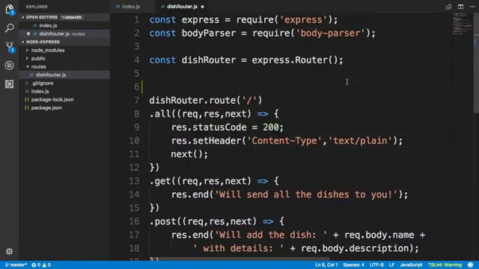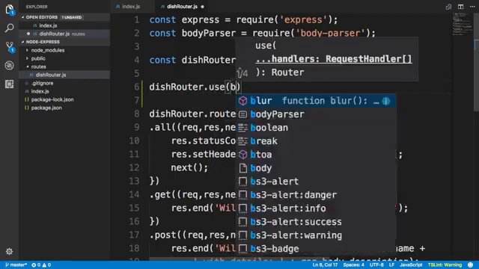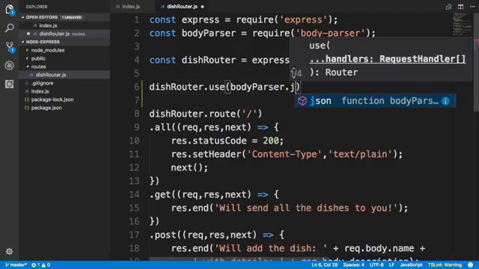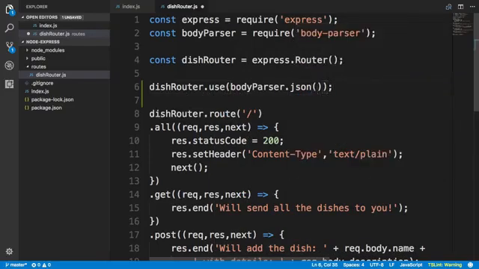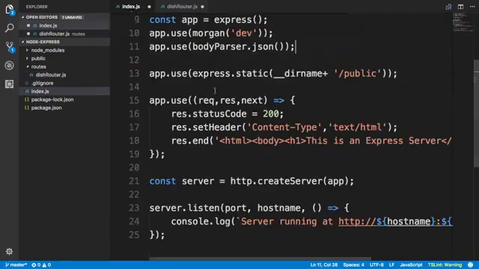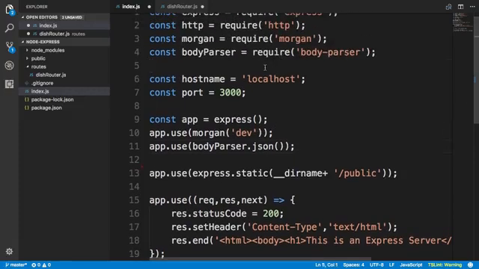And one last thing before I forget, we should say dishRouter.use(bodyParser.json()). Now, once we have completed implementing the dish router, we can now go into the index.js file. Since this dish router is another node module, a file-based node module nevertheless, we need to import this into our application. So right here, I'm going to import